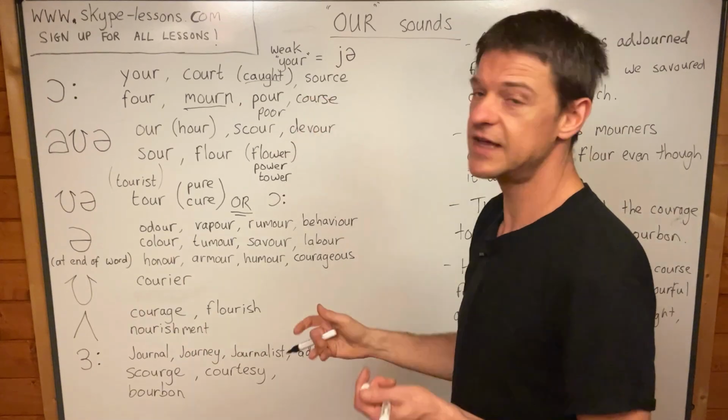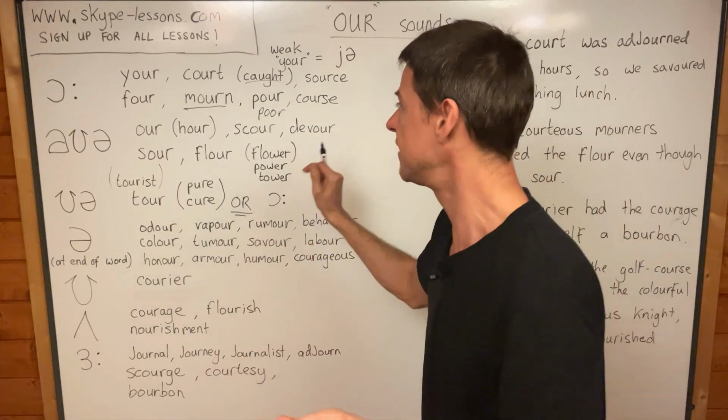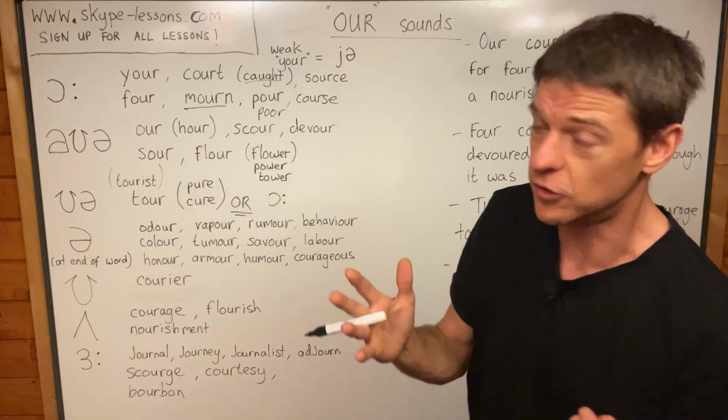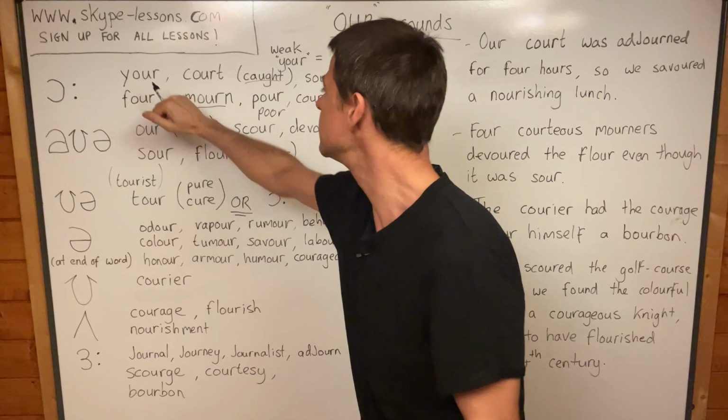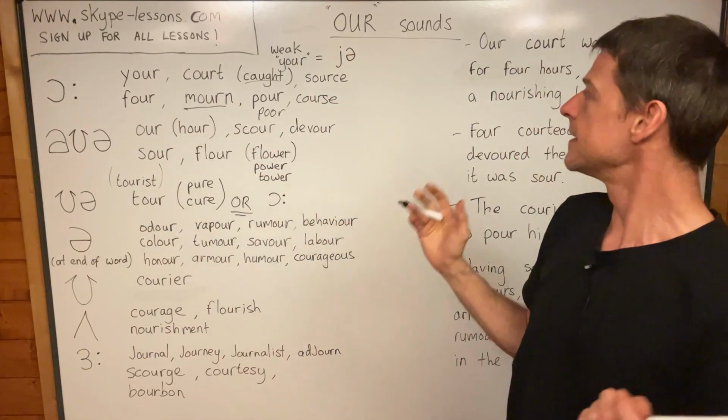Course, source, you're on my English course, that's got this or sound in it. Course, source, source, course, for, your, court, mourn, pour. Okay, so